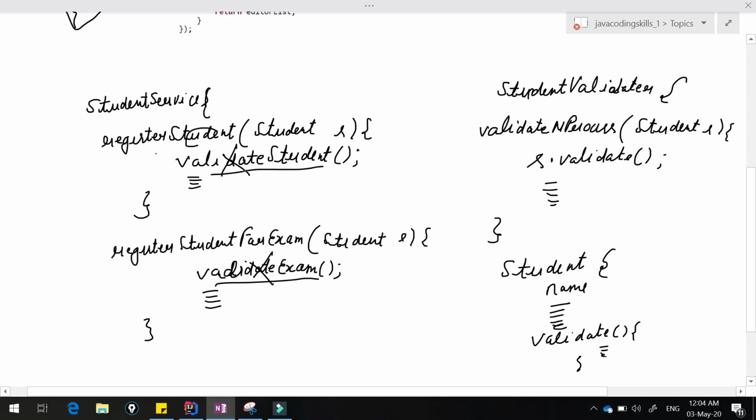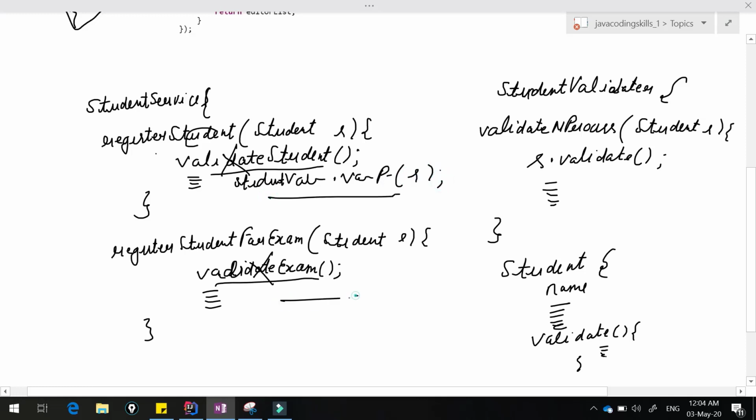We need not call this method from here, that is very tightly coupled, and we have to write this method in one of the classes, which is also redundant. So rather than worrying about anything here, we just call student validator dot validate and process, and we are done, right?